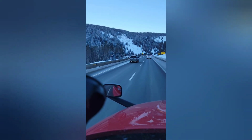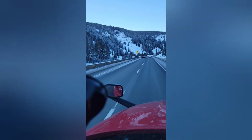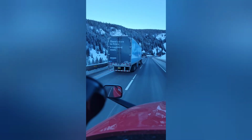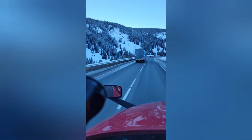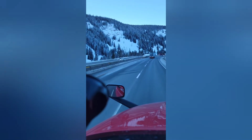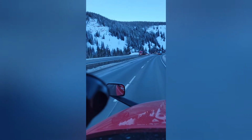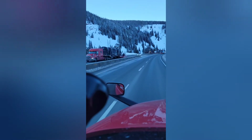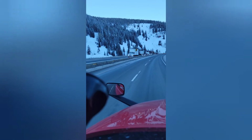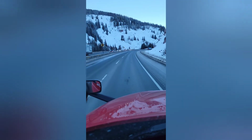All right, now we're going to talk about something we brought up earlier. We've got a runaway truck ramp coming, right? And that's important to know, because if something goes wrong, I lose my brakes, I lose my transmission, whatever. And that can happen in a manual. People are like, automatics, you know, you can lose your transmission in a manual too, right? So if I lose my ability to safely come down the mountain, the first thing I'm going to do is look around, right, and see if there's anything that I can do